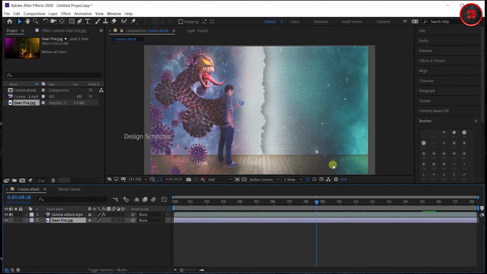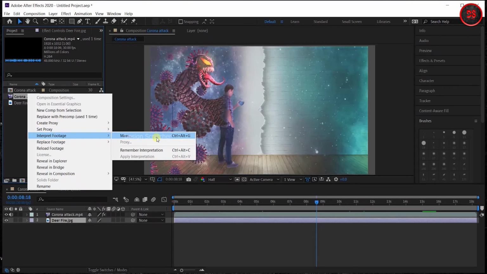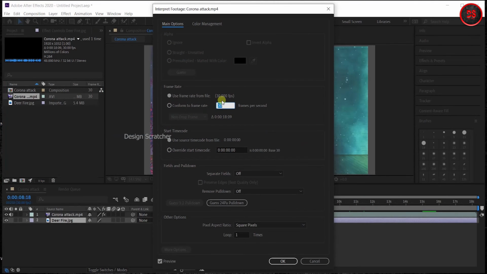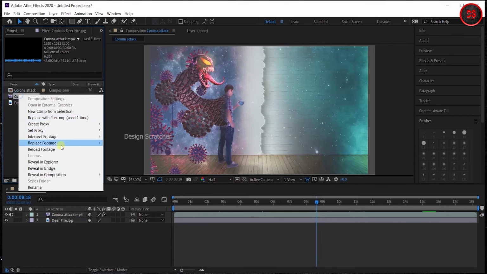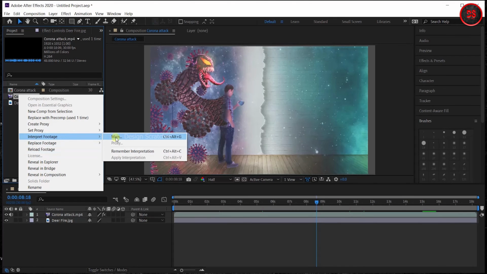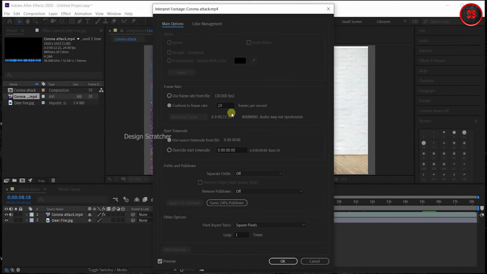This is for 8.18 seconds, like that. This is for that frame rate. If you click it, the frame rate also will be there. Otherwise going for right click, interpret footage main, and going for that using frame, everything will be here only. If you choose, everything will be here. And changes also will be frame rate also. I want 24 frame, right click, interpret footage main, going for 24, will be changing that frame seconds.